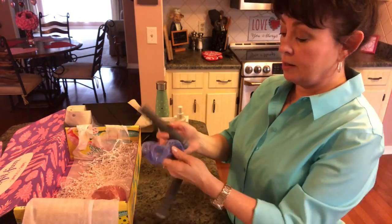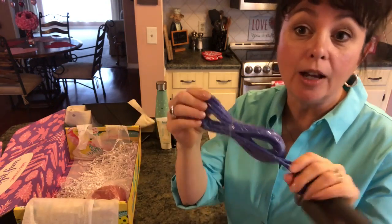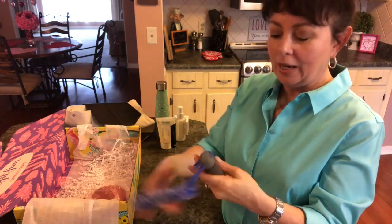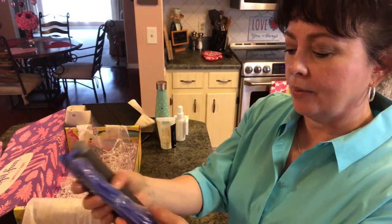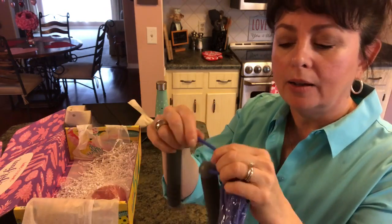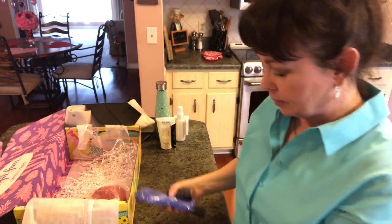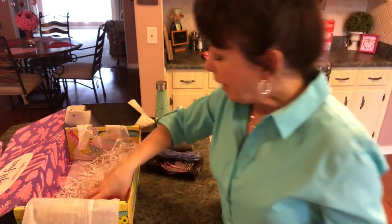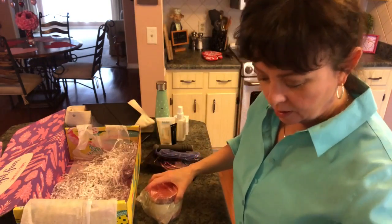Oh, this is nice, and it's colorful too. I don't know, maybe I'm petty, but I think I use things more if they're colorful. That's so funny. And it has nice cushy hand grips. And this is kind of like a resistance band, but it doesn't stretch, but it's what it reminds me of, okay? Well, that's nice. And then the last thing in here is